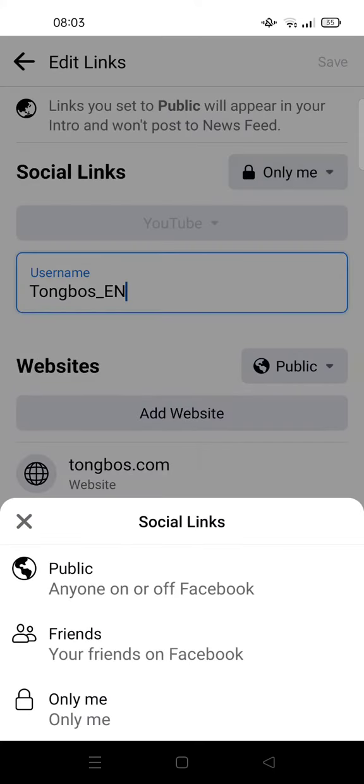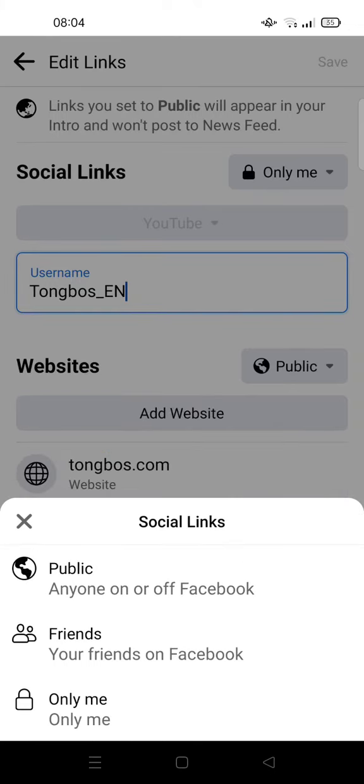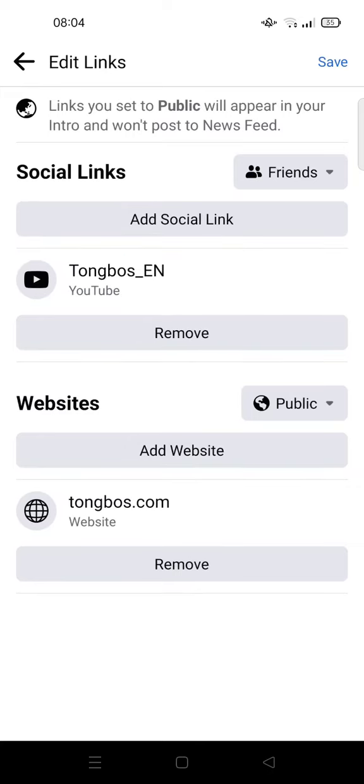you can choose whether you want to make the social link public, so anyone on or off Facebook can see it, or only your friends, or only you, for example friends. And then after that, if you are done, you can just click on save,